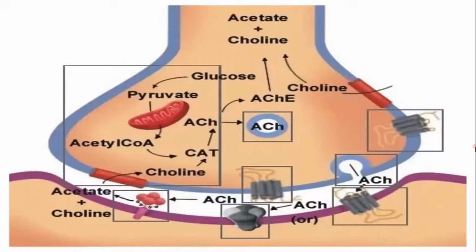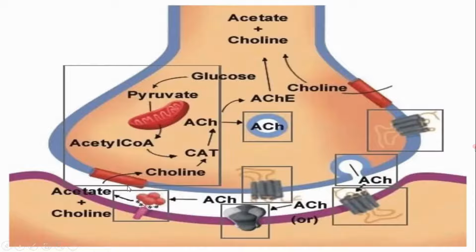Now, what is the fate and the synthesis of acetylcholine? Acetate plus choline, there is synthesis of acetylcholine, acetyl coenzyme A, and there is synthesis of acetylcholine. Now this comes to the vesicle, gets inserted into it, and it is released in the synaptic cleft. This acetylcholine later on is broken down by the enzyme present here, that is in the synaptic cleft. It breaks down acetylcholine into choline and acetate.